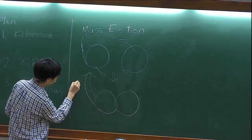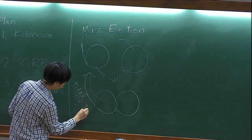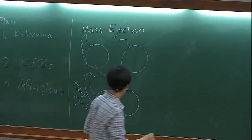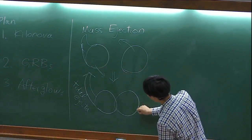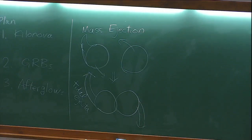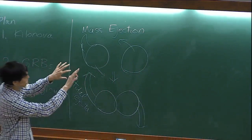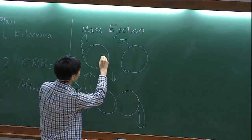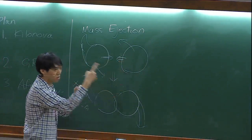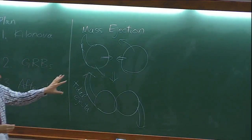So this is what we call tidal ejecta. Probably both neutron stars have tidal ejecta, something like this. So this is one mechanism by which the binary neutron star ejects some material. And also, this inspiraling neutron star has an approaching velocity. It's rotating, and at the same time its orbit is shrinking so that they merge. And this approaching velocity is about